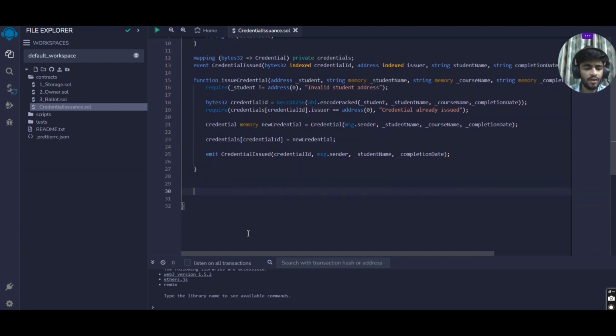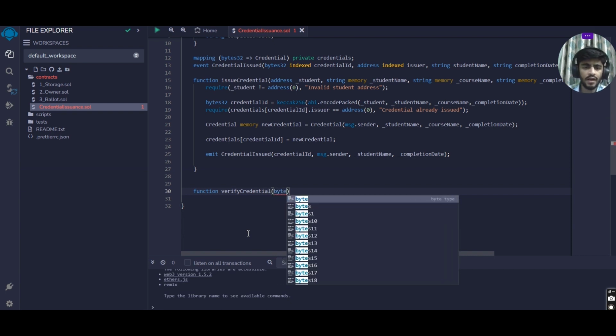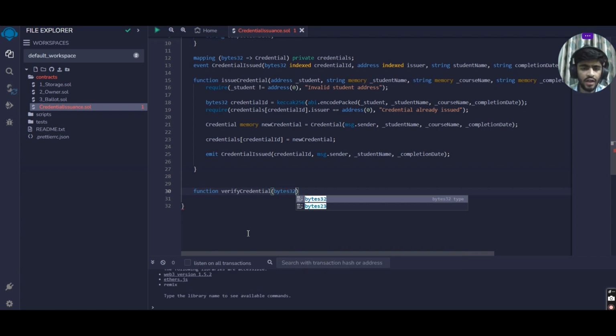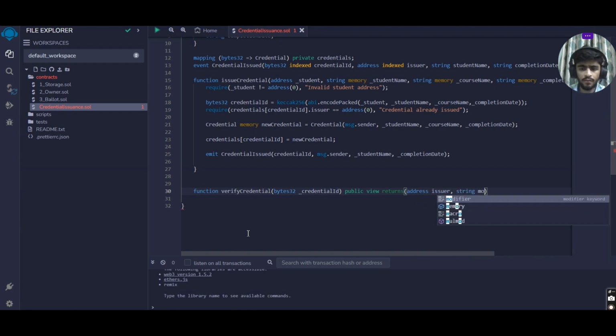So let's move on to our second function, that is basically to verify whether the credential is valid or not. Verify credential, and it would be taking the bytes32 credential ID. It needs to be a public view function, which returns address issuer, string memory,